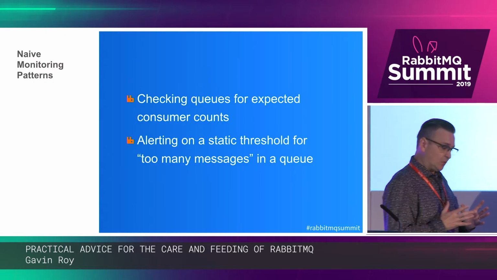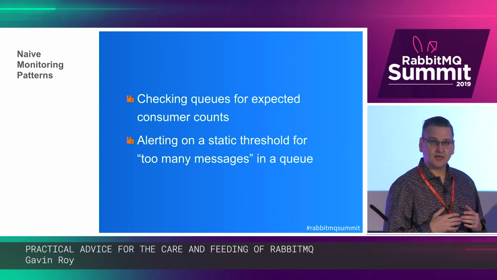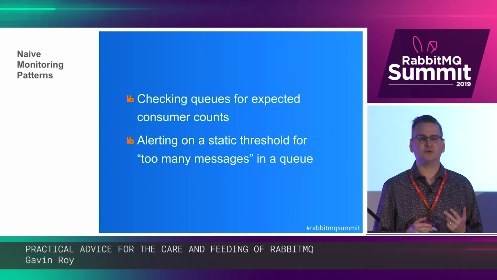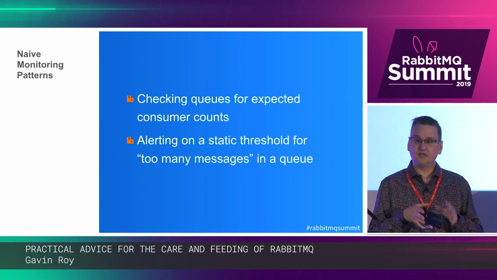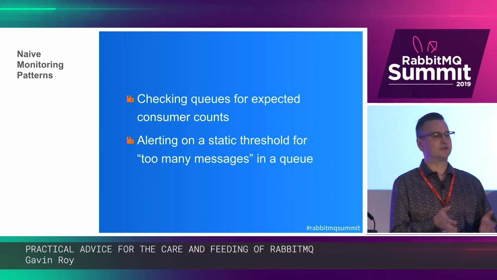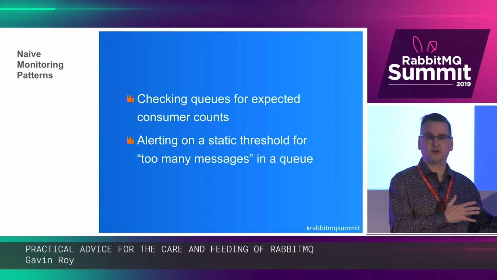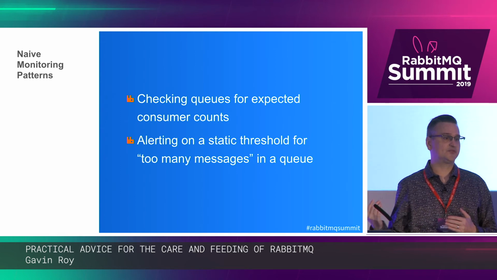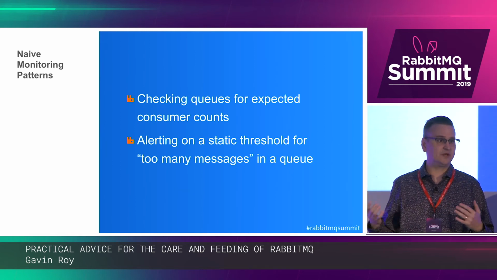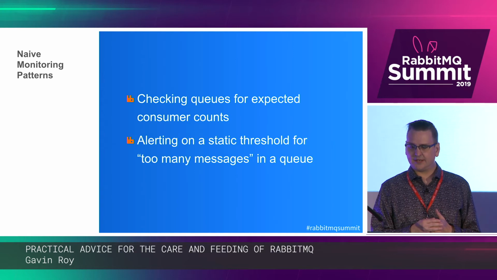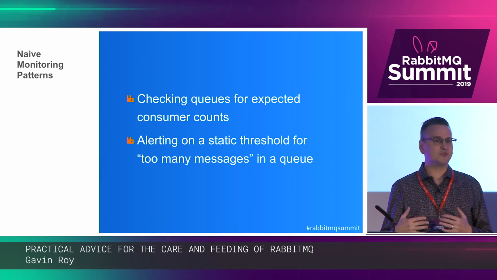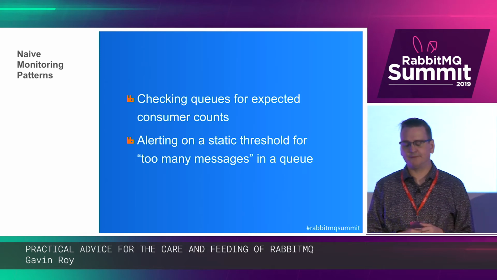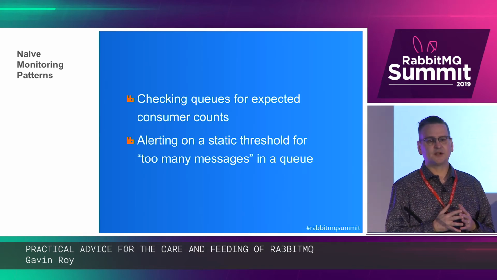So what I've found in multiple environments with people monitoring RabbitMQ is that they basically have 2 patterns of use. And I think this is kind of a beginner intro stage in how do I monitor, make sure that everything running in RabbitMQ is running the way that I think it is, which is, are my queue depths larger than they're supposed to be? Which I think is generally a good thing to check for. And do I have the number of consumers that I expect to be there? Those are pretty basic things we check for, right? The problem is those things are naive.